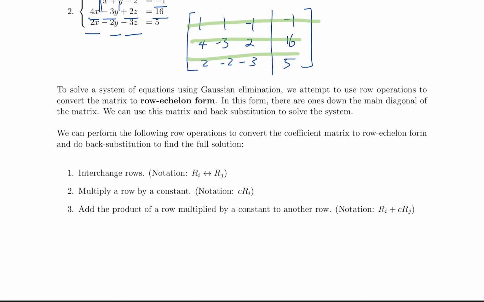And again, I'll talk about what it is. In this form, there are ones down the main diagonal of the matrix. We can use this matrix and back substitute to solve for it. So what do I mean by row echelon form? That means we need to,